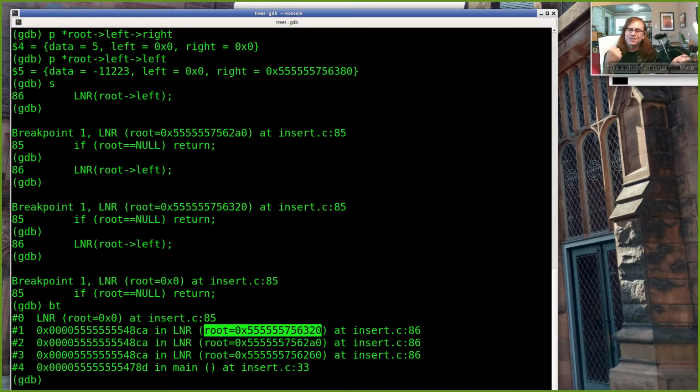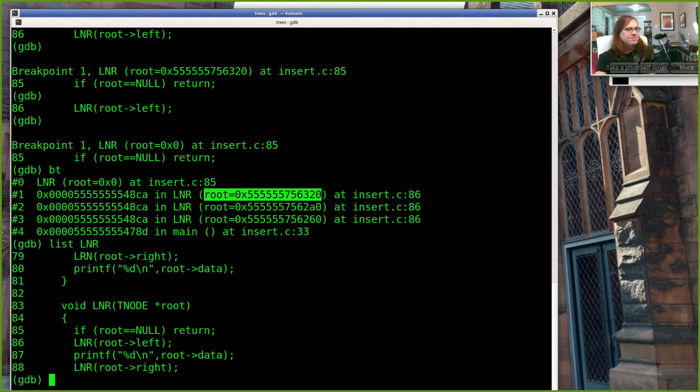We need a kind of two-sided mindset. One mindset is where we understand that I'm calling this function and these things are happening in response, and now I'm starting my function again with a different argument. That's useful at some level, but mostly we're going on faith. We're going with the idea of what this function does: it calls itself on the left subtree, it prints the root, it calls itself on the right subtree. We're thinking of it like that when we're writing this,